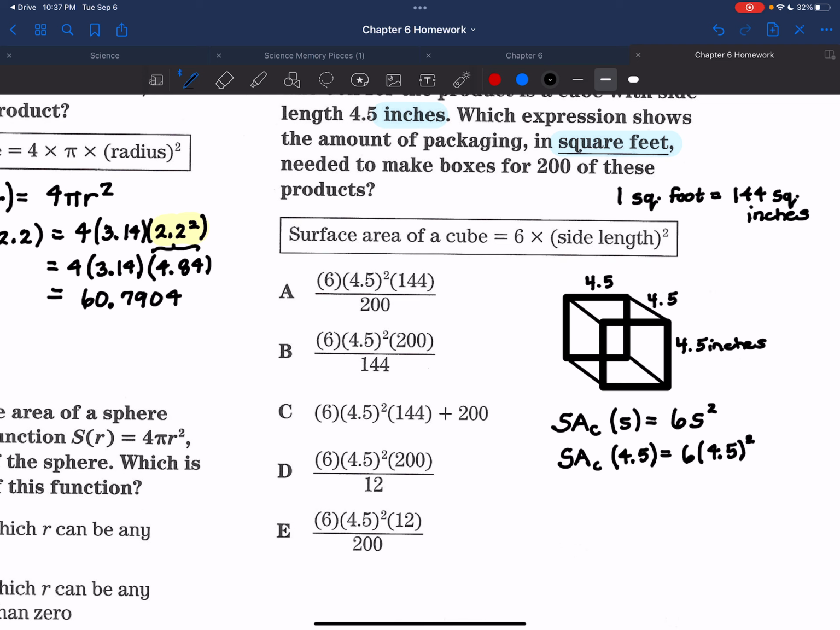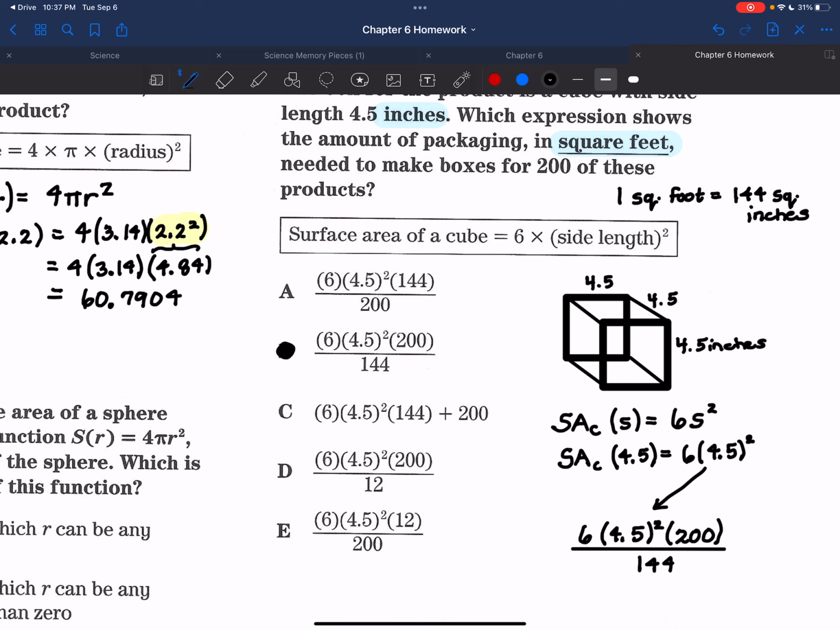So I'm going to take my surface area, which is this number right here, 6 times 4.5 to the second power. And how many of those do we need? We need 200 of them. And then we're going to convert that to square feet by dividing it by 144. So the answer I want